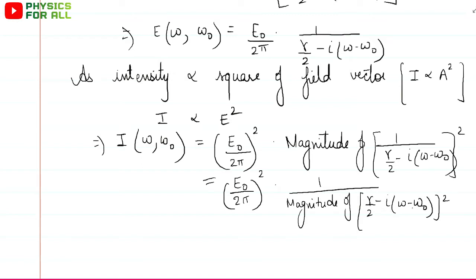When we have to find the magnitude of anything, since intensity is the square of the electric field vector, we need the whole magnitude. Only squaring will not give us the magnitude, because the iota term will always be there. So to find the magnitude, we have to do one more step extra. How will we do that? Let's see. Just remember, this is the term that we have to solve. First we will square it, and then we will find its magnitude.